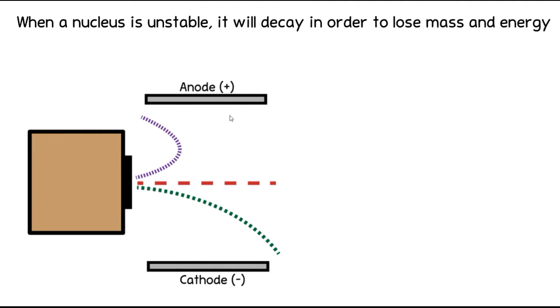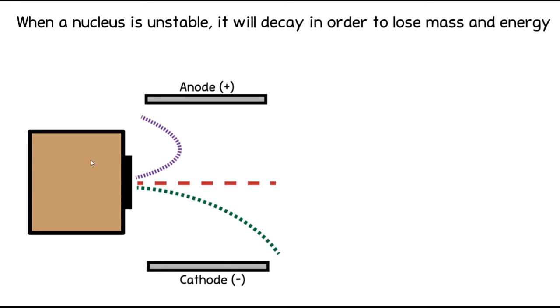Outside this hole they had an electric field. Now it was a bit more complicated than just a single anode and a single cathode, but for demonstration purposes I'll just use a cathode and an anode. So you've got the positive end of your field and the negative end of your field. And what would happen is the